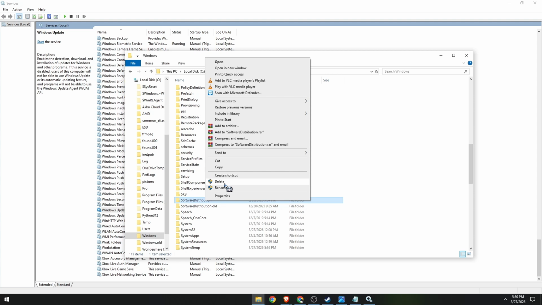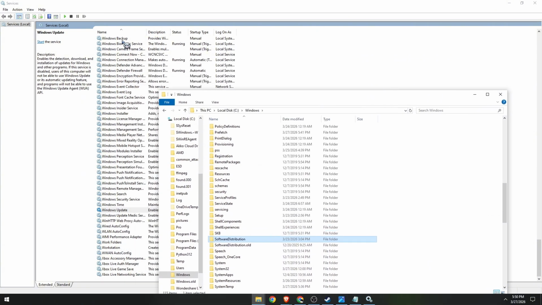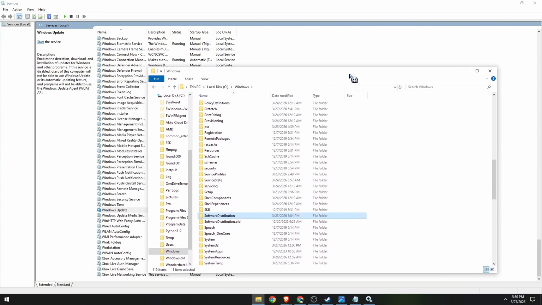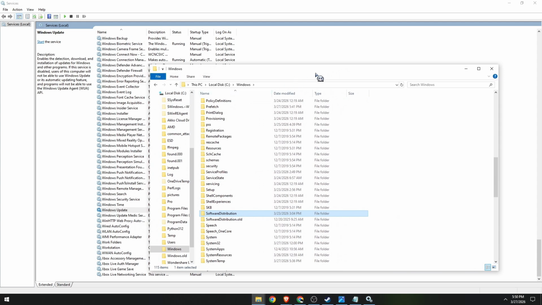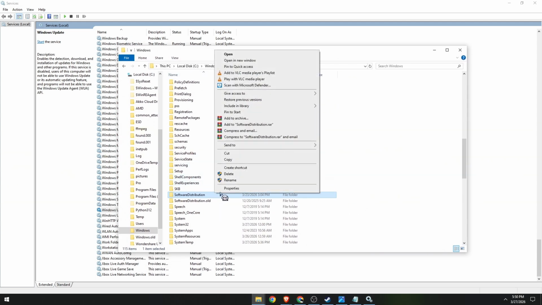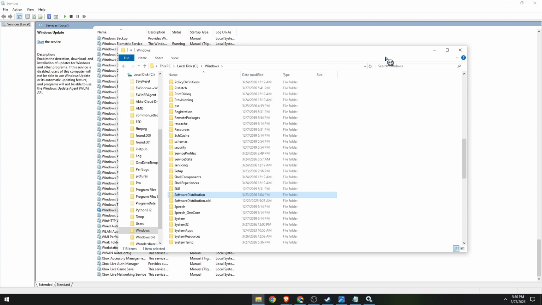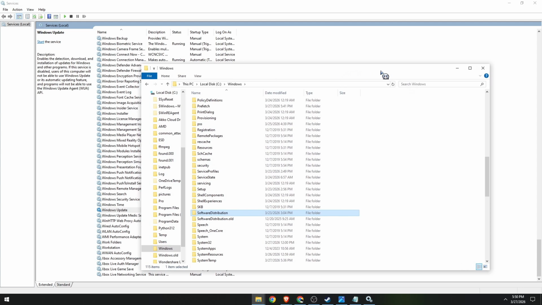It might prompt you. If you are unable to delete any of this, it might be because you have skipped the option to disable these three, all right? So make sure you have performed this first. Go back here, right click the folder, and then delete. Don't worry, it won't delete anything integral on your system. Once you have deleted this folder,